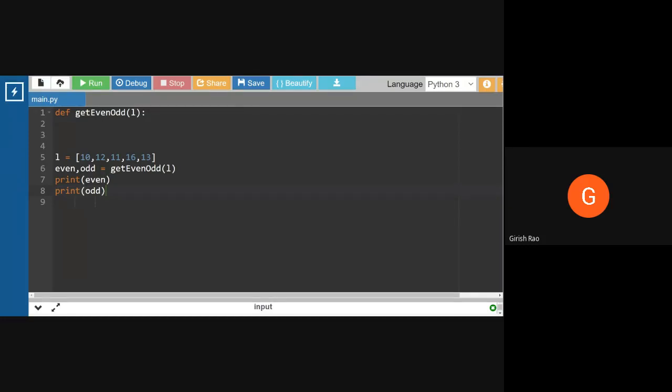No, for simplicity, since we are logic building, you do not have to accept the list. You can take any list, populate it, and do it.